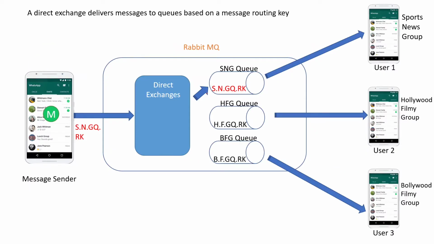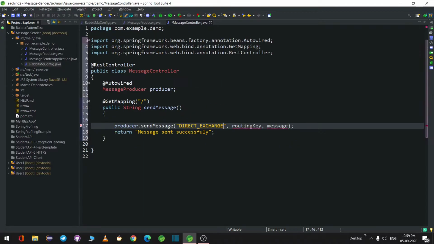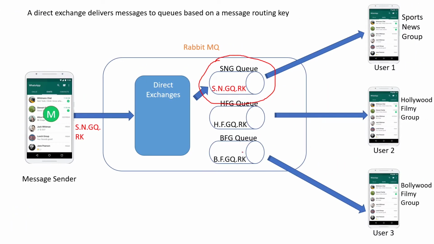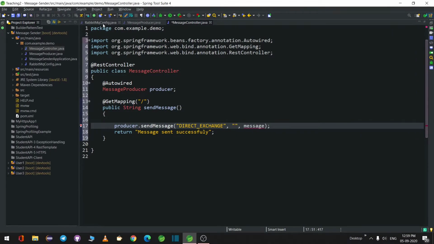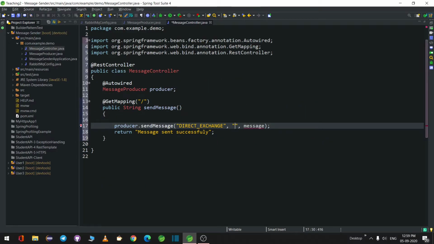We want to send the message to this particular queue, which is the SNG queue. What is the routing key for that particular queue? The routing key we have given for this queue is s.n.gq.rk, which is the same as in this one, s.n.gq.rk for this SNG queue. Same thing I'll be mentioning here. What is the routing key and what is the message you want to deliver? I'll say direct message received.